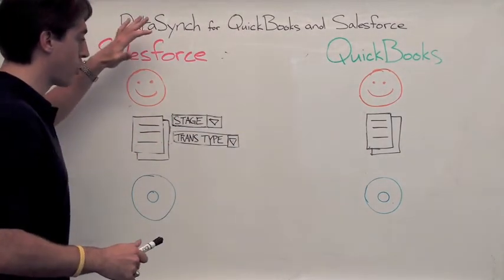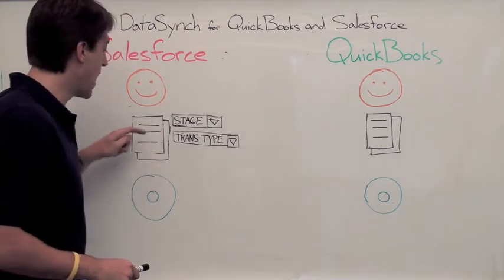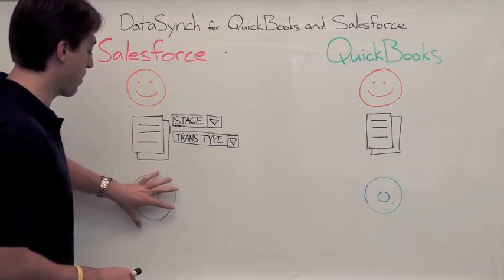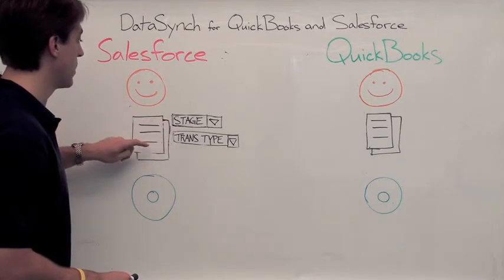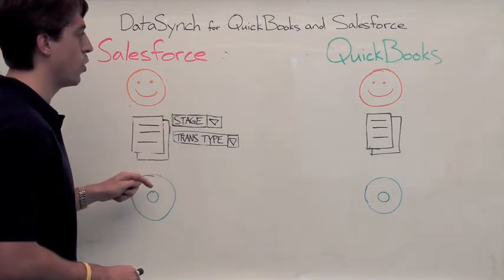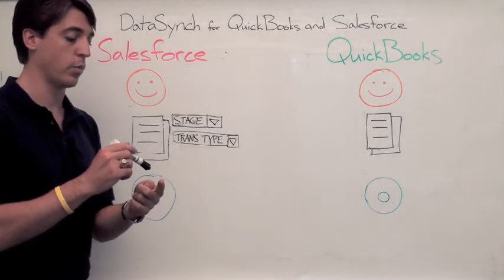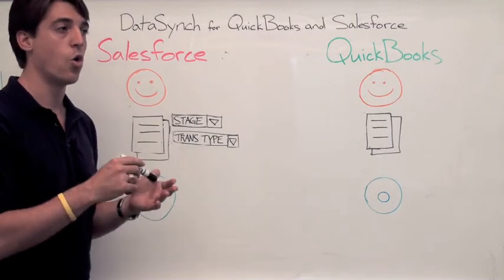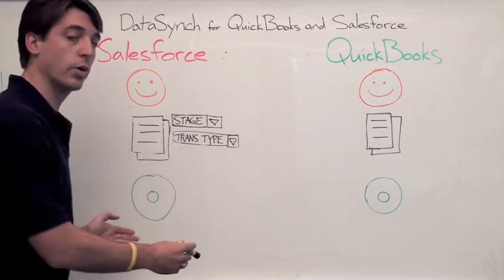So let's say I'm creating the whole shebang. I create an account in Salesforce. I create an opportunity in Salesforce. I take some products out of the products module and put them into the opportunity. I mark the stage as closed won. The next time the sync runs, which by the way we can do recurring, so hourly, every 6 hours, 12 hours, 24 hours, or you can set it as never and run it manually by yourself. So assuming we're doing it on the hour,